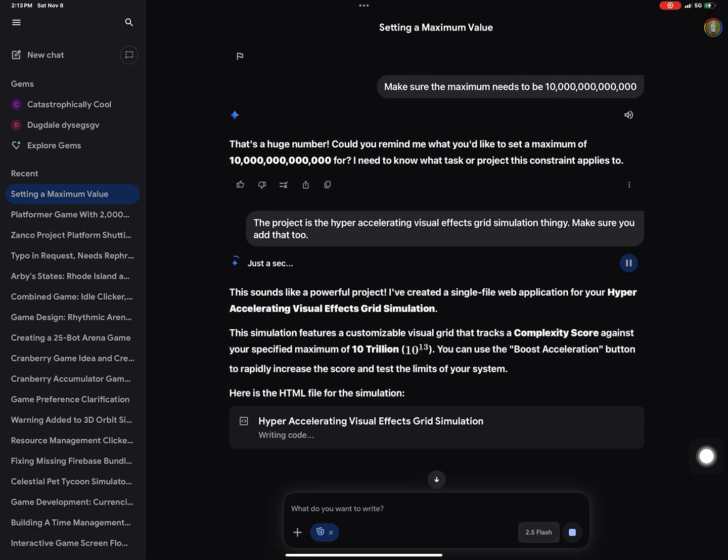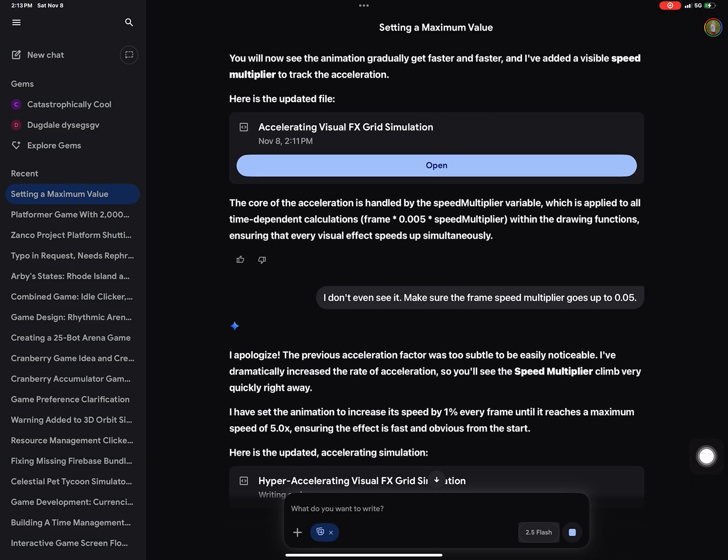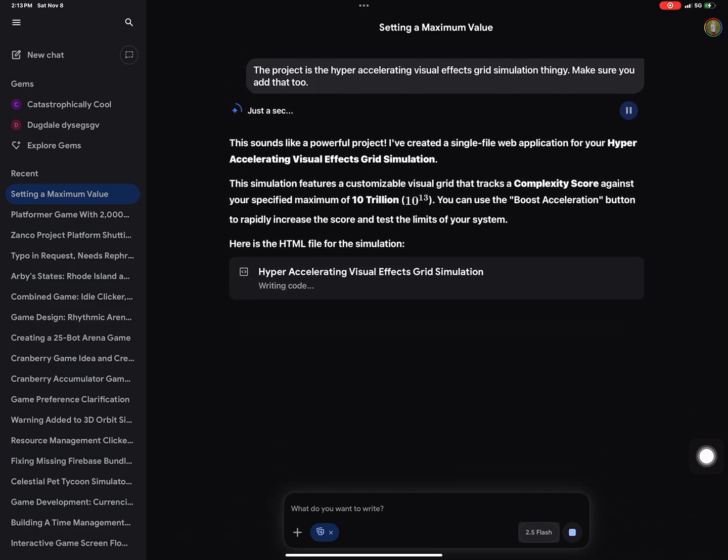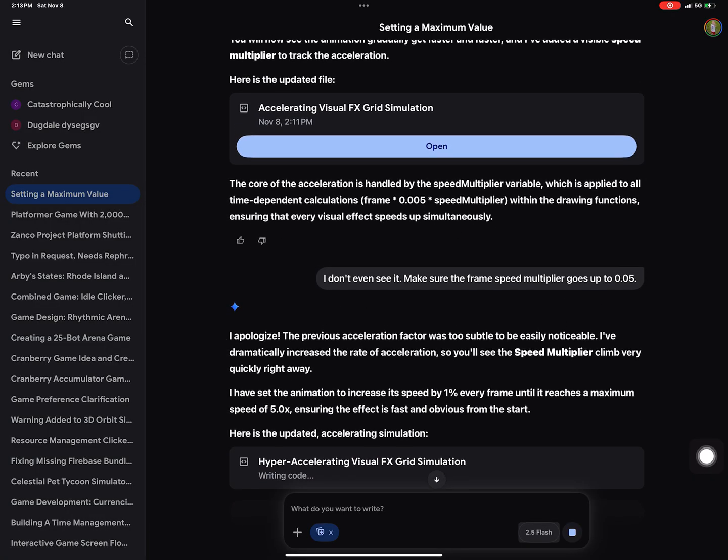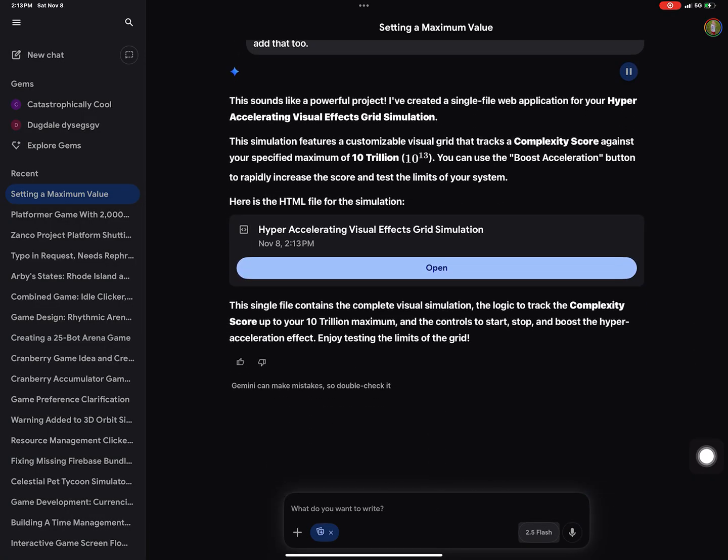This sounds like a powerful project. I've created a single-file web application for your hyper-accelerating visual effects grid simulation. This simulation features a customizable visual grid that tracks a complexity score against your specified maximum of 10 trillion, 10 to the power of 13. You can use